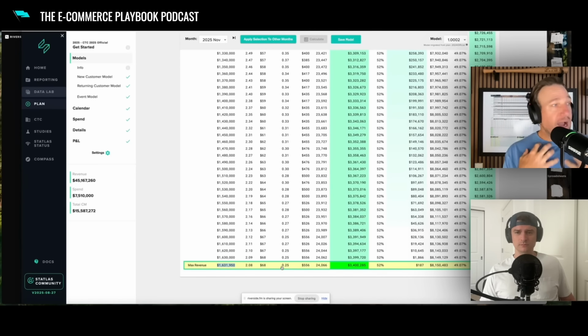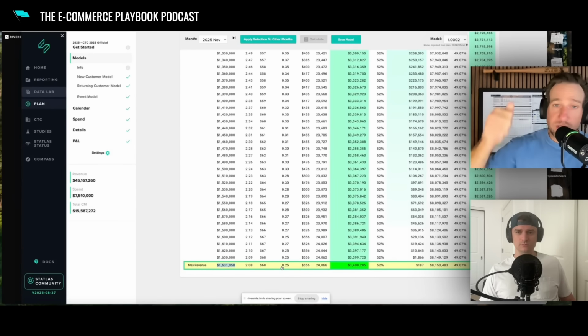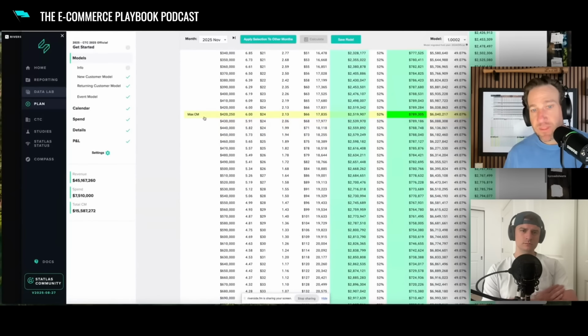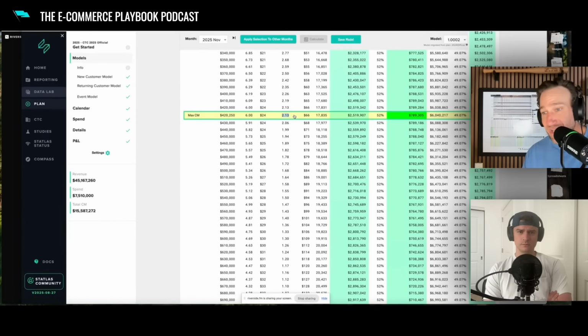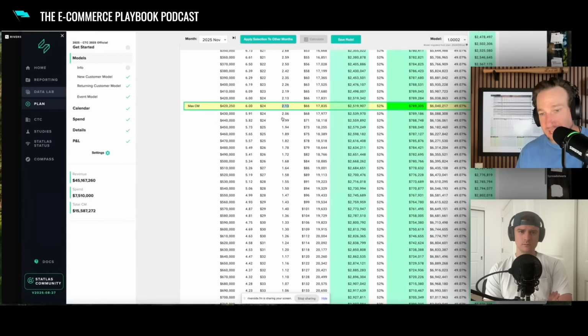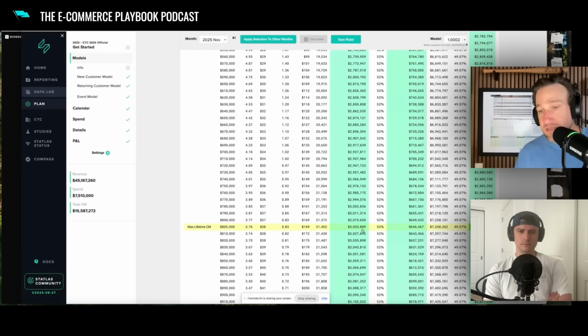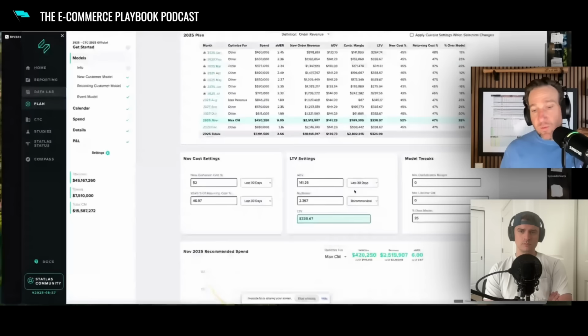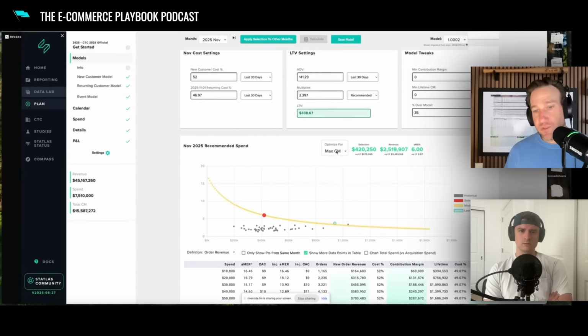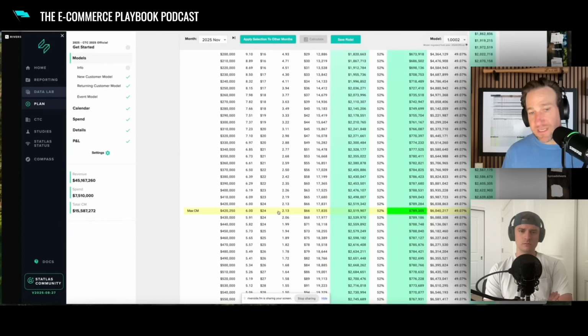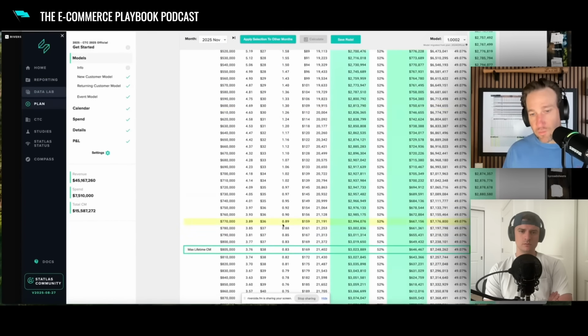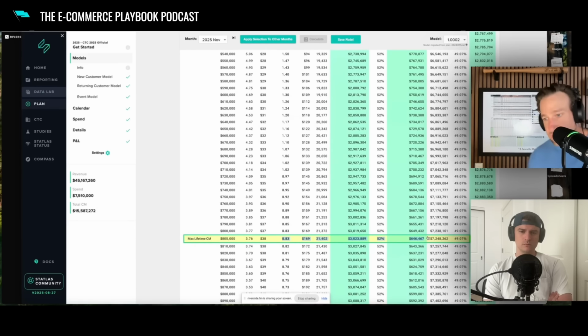This is where I think everybody wants to know: what's the return on the next dollar in? And that's what this model is helping us to see, that the second you cross this point, you are now trading dollars for negative dollars. But you're trying to maximize revenue. And that's why we always talk about lifetime contribution margin as being the best point on the curve, because it considers the total return on those dollars and the point at which, over some period of time, you're going to maximize your return on investment.